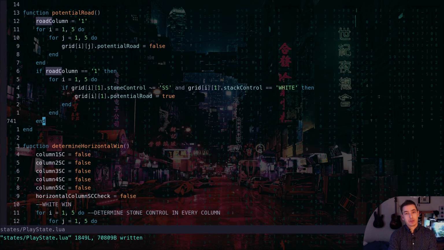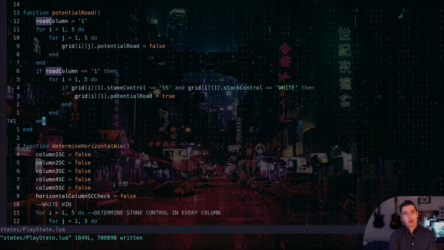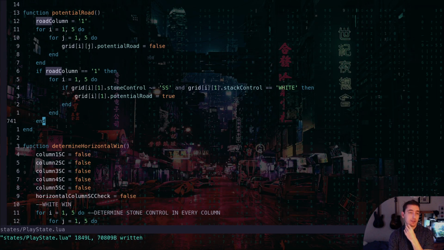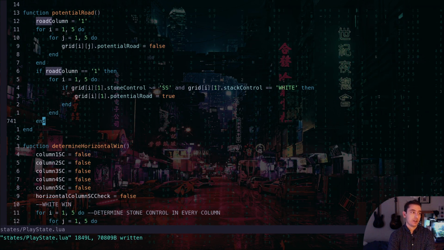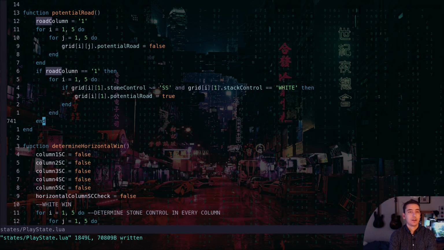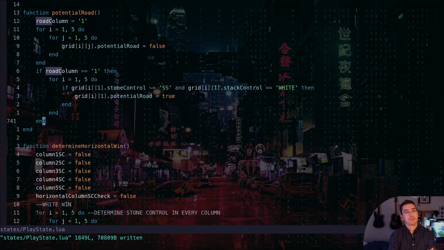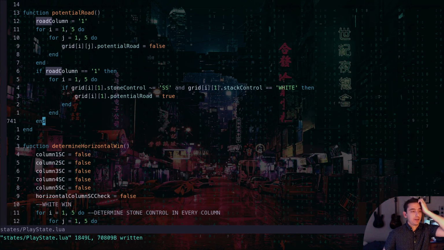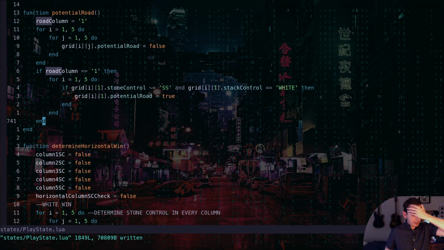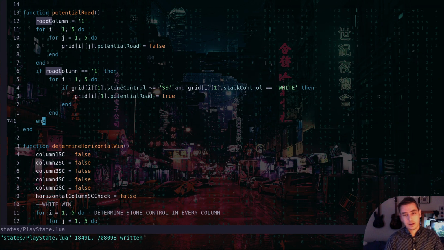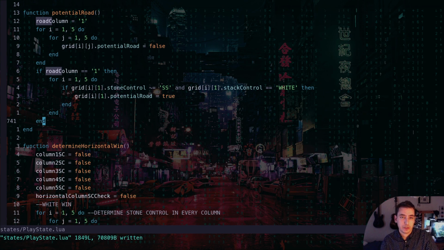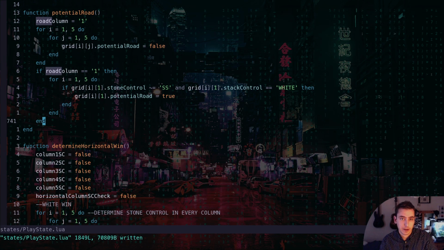The hard part was figuring out that we needed to change this, and putting our road check into a function and a column by column basis is going to help us. I'm thinking it's going to help us cut down on the potential road problem that we have. But